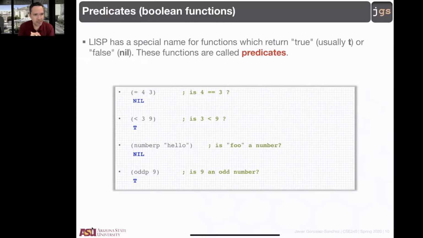Every single time that you have a function and that function returns as a result nil or t, every single time that you have a function and that function returns a boolean value, and I need to be clear, I am talking about t and nil, the equivalent of true and false, that function receives a particular name, predicate. What is a predicate in Lisp? It's a function that returns a boolean value. I need you to remember this